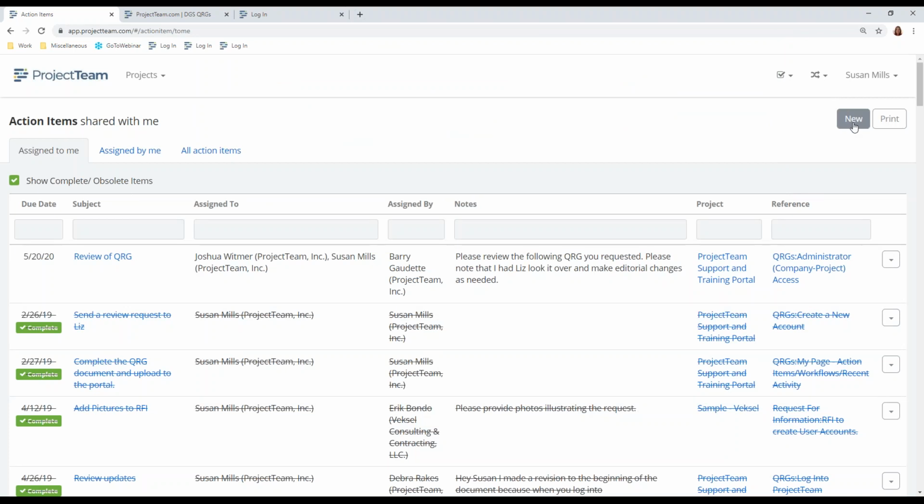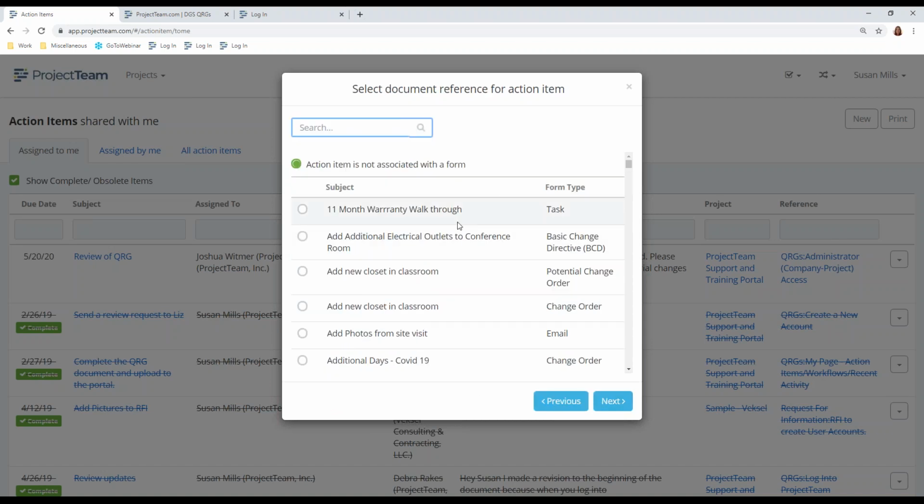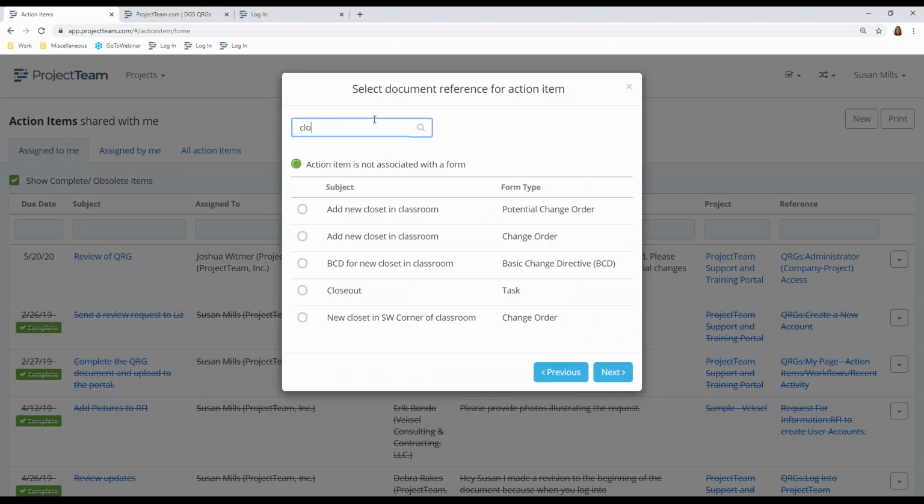I can also create new action items really quickly by clicking the New button, selecting the project, and it is a requirement to select the project. Clicking Next. Now, I don't have to assign it to a document if I simply want to create an action item, either for myself or another team member. I can choose action item is not associated with a form. If I want to search for a form,